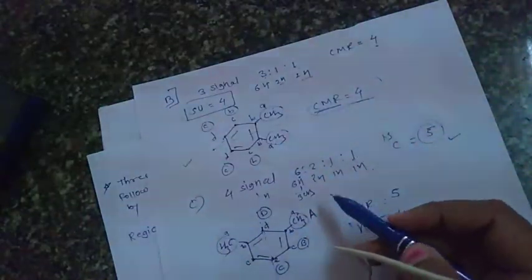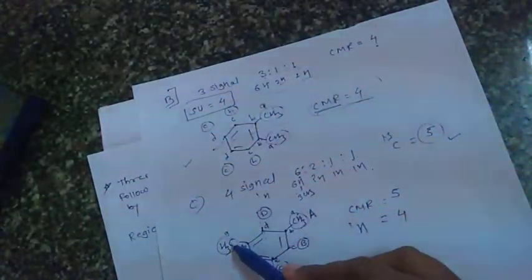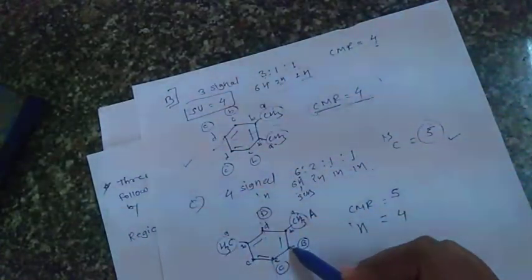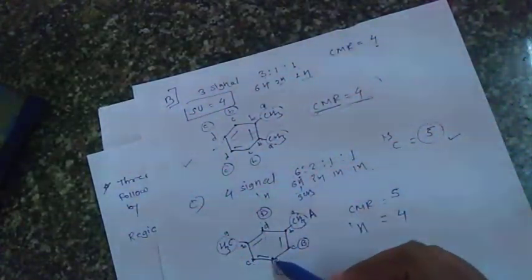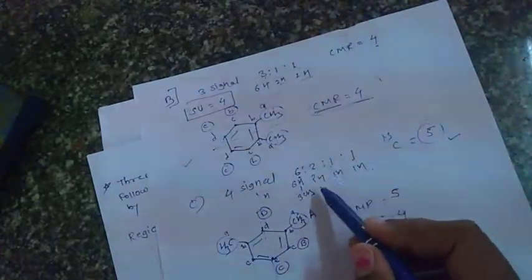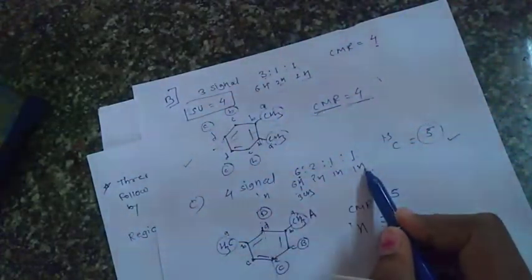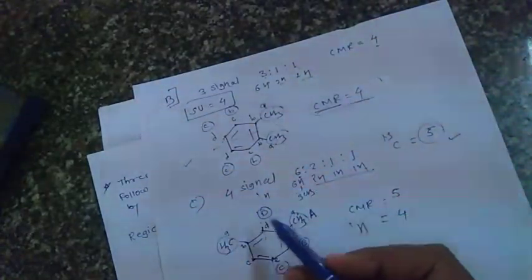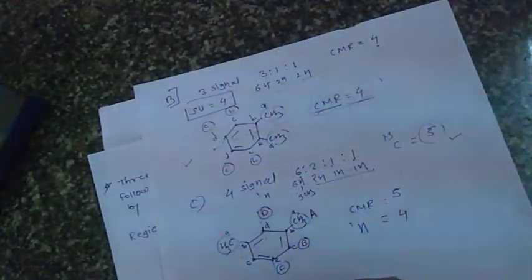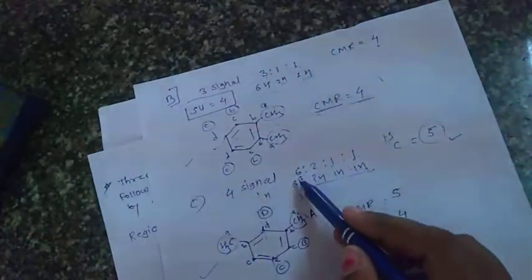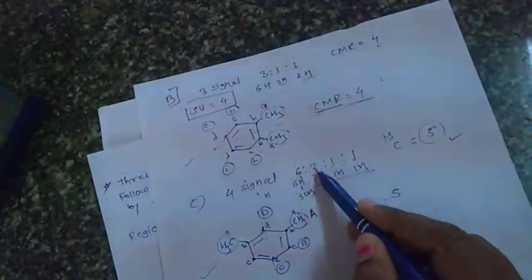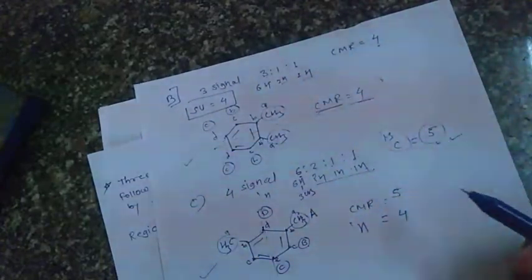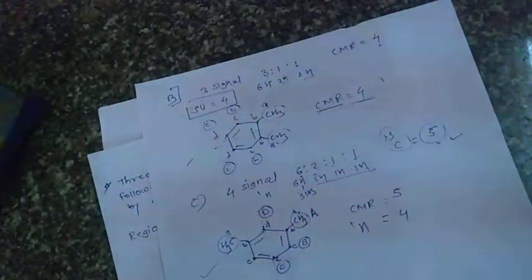Okay, having ratio what? Here these 2 CH3 groups contain 6 hydrogen. These 2 carbons show the 2 hydrogen. This 1 carbon shows 1 hydrogen, and this 1 carbon shows the 1 hydrogen. That means they have a different environment. Okay, that means this is the structure of the third regioisomer having the intensity ratio 6:2:1:1 and having carbon 13 signal 5. This is about the problem.